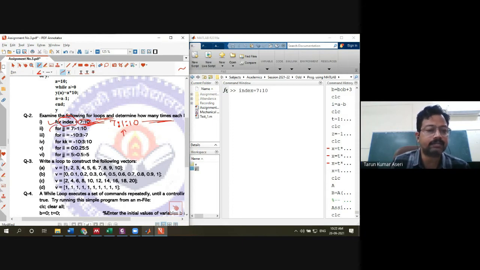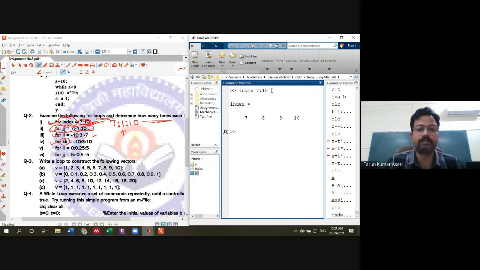Another thing is that you can provide the value in the for loop. For loop jj equals 7:-1:-10, and you can operate it here. Further, for ii equals -10:3:-7, and kk, these are the variables. For example, in a for loop you can provide kk equals -10:3:10.